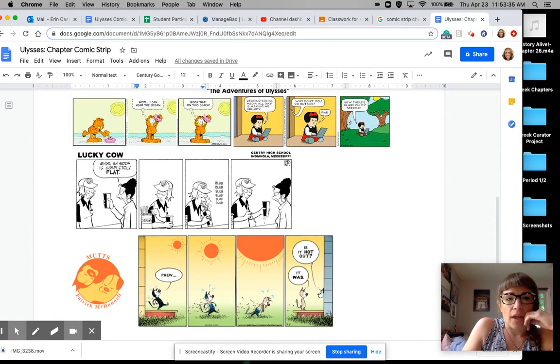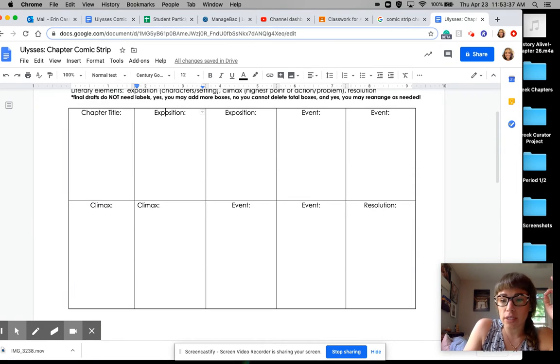I know this is a lot of drawing, so make the drawing simple, but enough detail that we can understand what's happening. So if it's Ulysses and his men on a ship, then maybe you're just going to draw the ship and then him a little more detailed, and then the men, like I showed you how to do the dead bodies or the people in a group on our political cartoon. Think about those